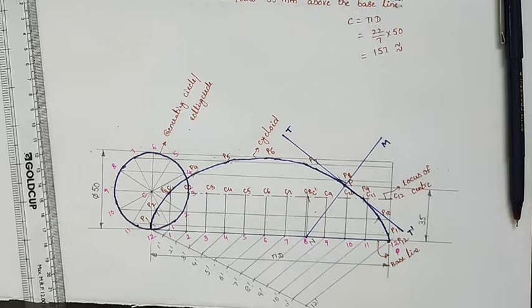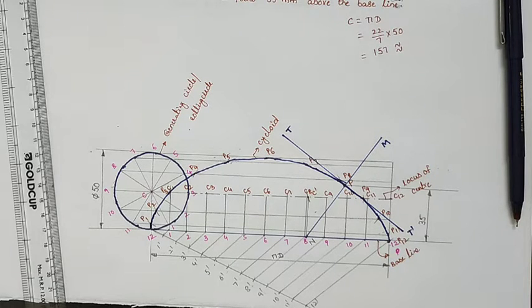Suppose you take C1 as the center, you draw the arc on the 11 and 1 line. C2 as the center, draw the arc on the 10 and 2 line. C3 as the center, draw the arc on 9 and 3. Similarly, C4 as the center, draw the arc on the 8 and 4 horizontal line. Similarly, C5 as the center, draw the arc on 7 and 5. Like that, we follow the procedure and locate different points P1, P2, P3 up to P12. Now we draw a neat curve and obtain a cycloid. So this is the procedure for drawing the cycloid.